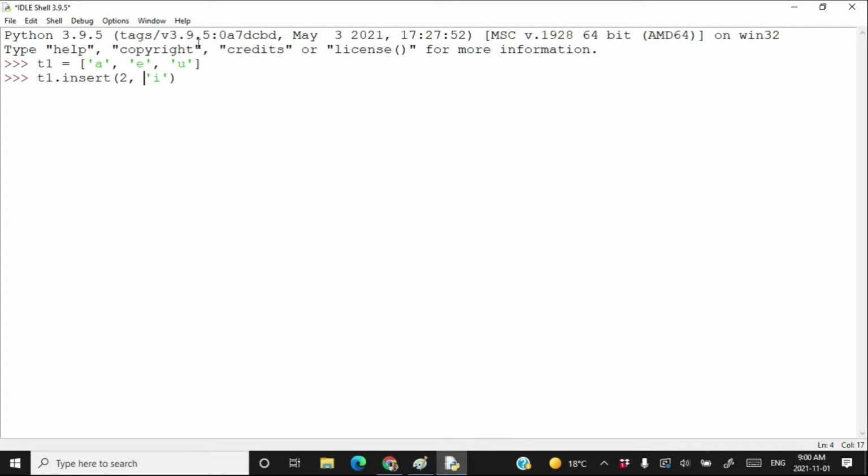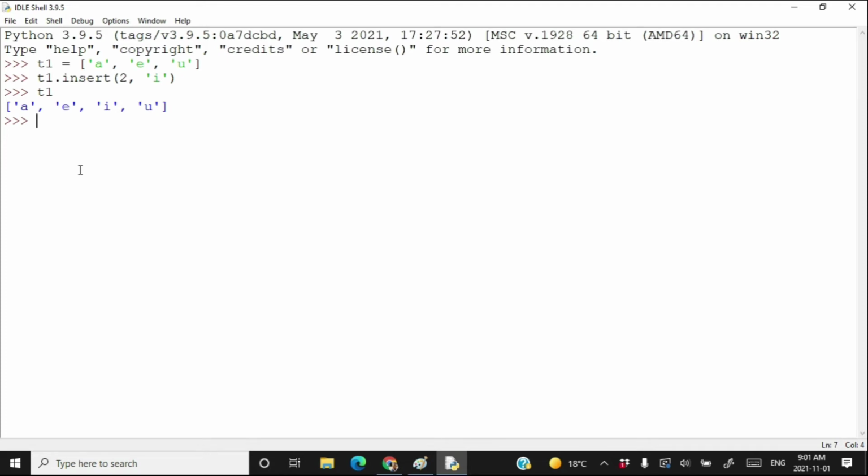So A is at index number 0, E is at index number 1, I will be inserted at index number 2 and U will be at index number 3. If you press enter and type T1, as you can see, T1 has been changed and I has been included at the index number 2.